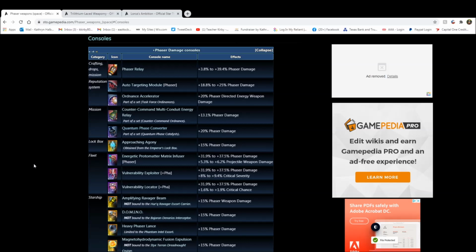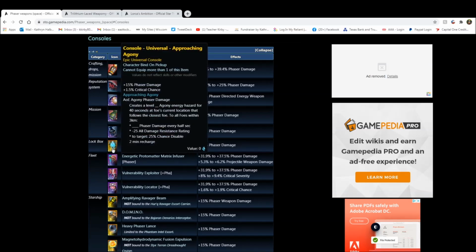So the first one and most common is going to be your Approaching Agony. Why Approaching Agony? It gives 15% phaser damage. Okay, that's pretty good. But it also gives critical chance, and it has a clickable hazard ability that does a good amount of damage, and that is phaser damage, meaning that damage will be boosted by everything you